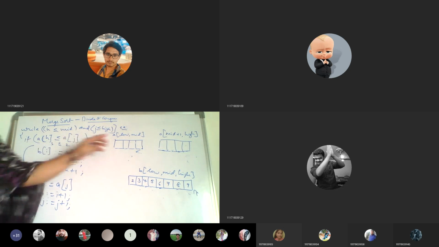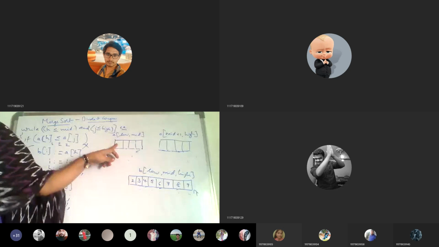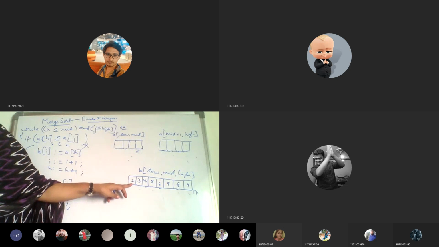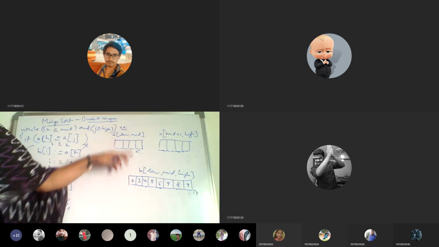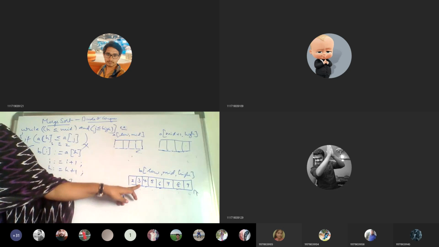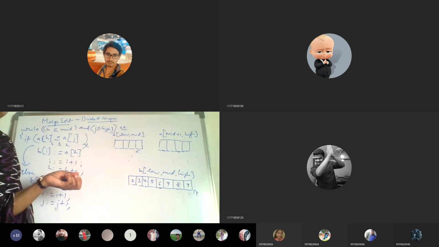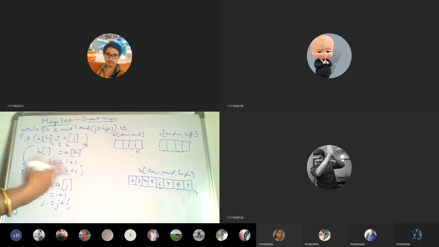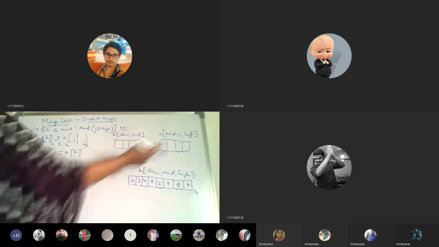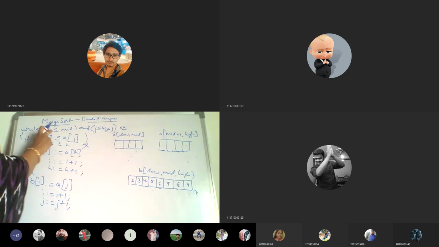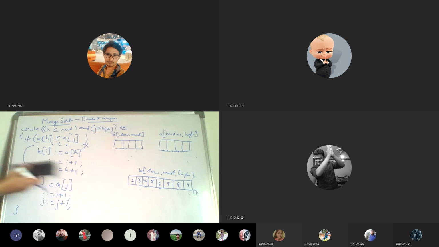Every time two lists, the values are compared. Whichever is smaller, that will be copied, and whichever element is copied, that pointer, and the pointer of the output array you are keeping, have to be incremented. So it will continue based on the limits. Here the maximum limit is mid and there the maximum limit is high. Those two conditions have to be satisfied. So this is the merging technique.